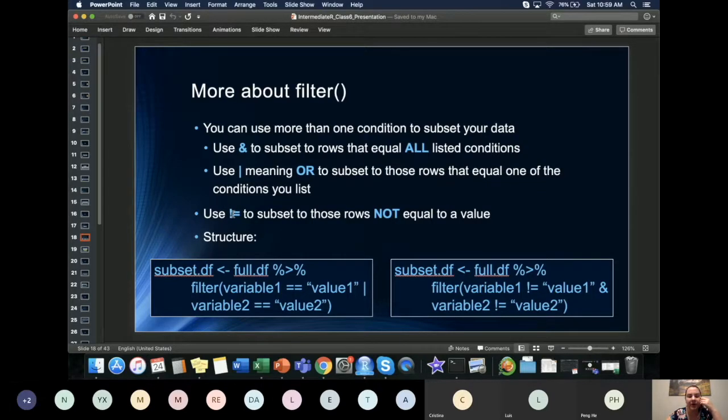The other thing that's really useful is the not equals. So you can say pull values where variable 1 does not equal value 1, and where variable 2 does not equal value 2, shown here. The other really useful one is the OR. So that is the bar. It will be under the backspace button, I believe, on a PC. I have a Mac and it's under the delete button. I believe you have to press shift and then that particular bar, or